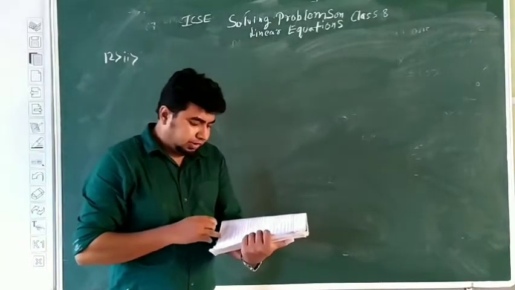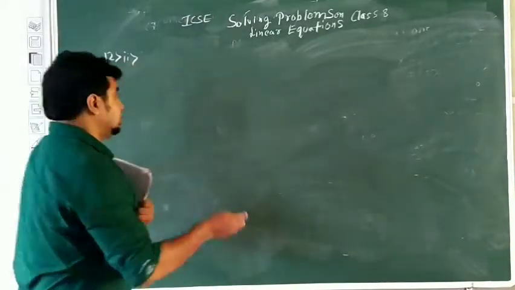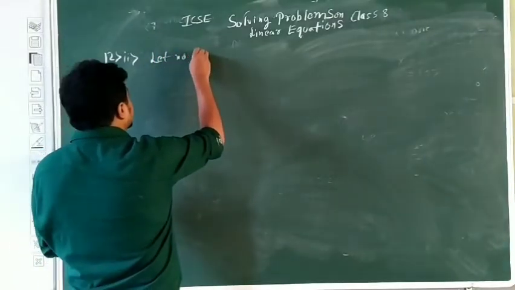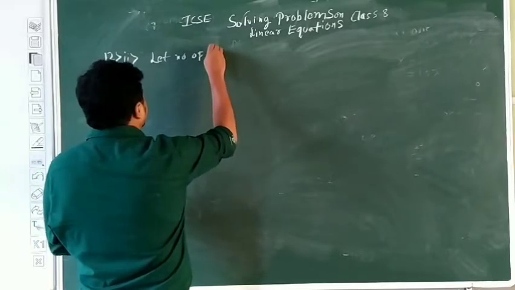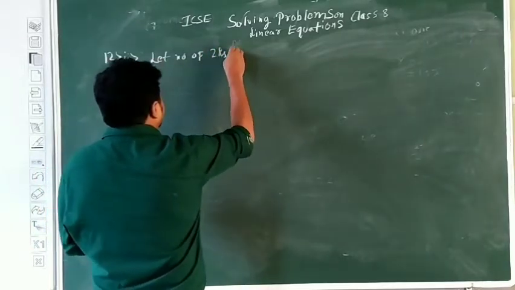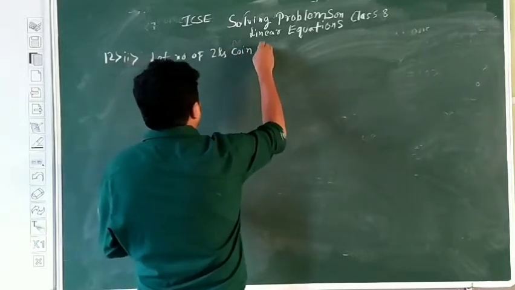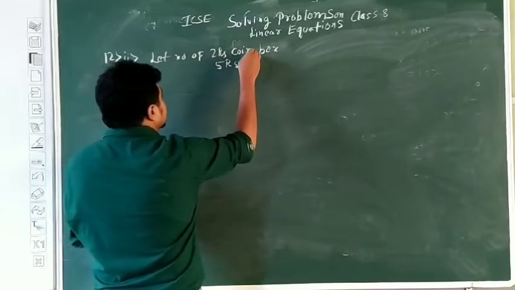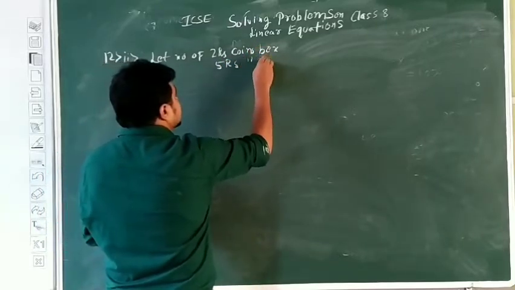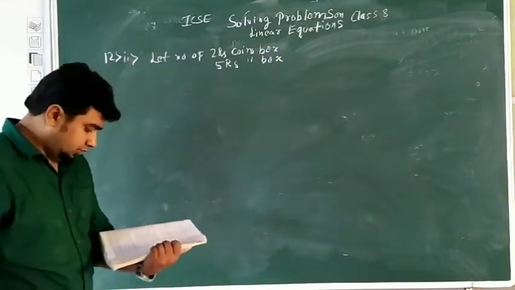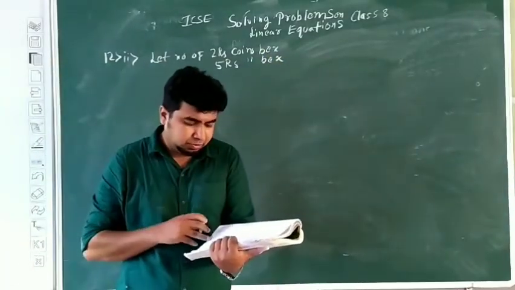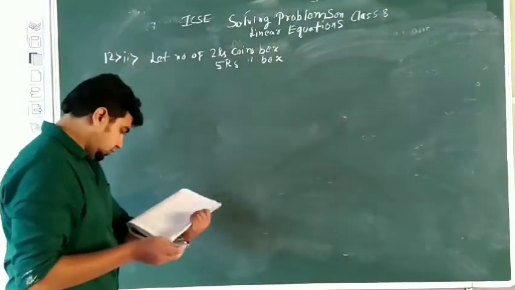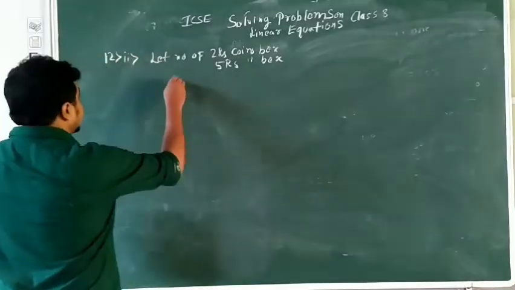It is given to us, Anuj has an equal number of 2 rupees coins and 5 rupees coins. So I will be assuming, let the number of 2 rupees coins be x. So 5 rupees coins will also be x. So what can you say about the total number of coins? The total number of coins given to us is 40, and it has some 1 rupee coins also. So 1 rupee coins will be,